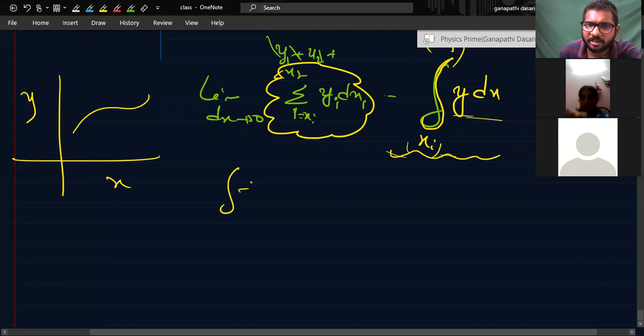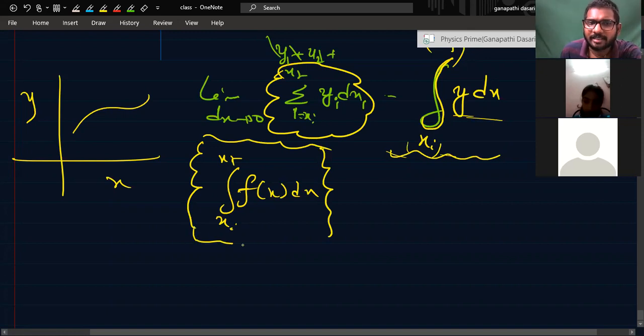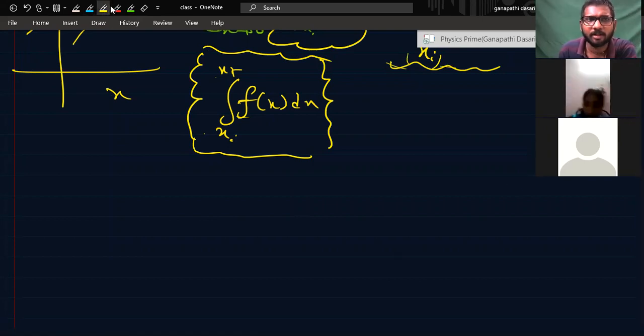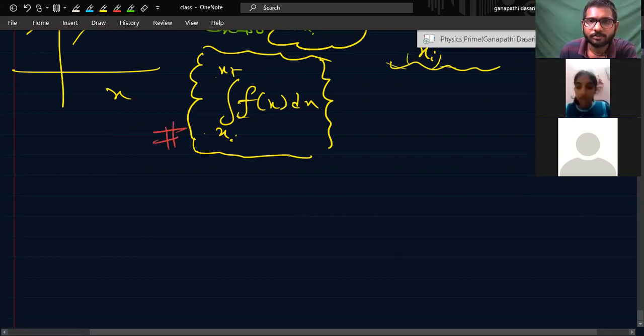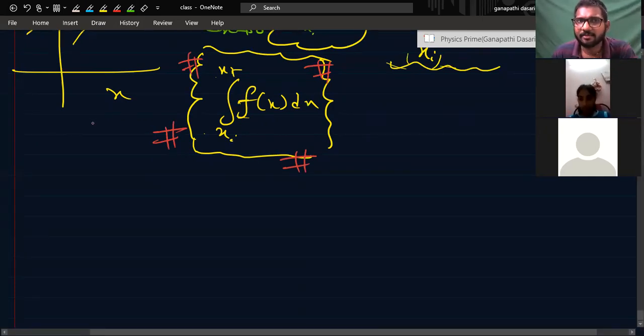So, whenever you have a function of this sort, integral f of x dx from x initial to x final, that means we'll be able to get the area under that curve, from x initial to x final of the f of x curve. You got it, Ujjwala? Yes, sir. So now I'll tell you something very important. This is a very important concept. In physics, you will have a lot of terms which indicate this thing, and definitely in exams, one question might be asked in Mains and BITSAT kind of examination on this basic analytical concept.